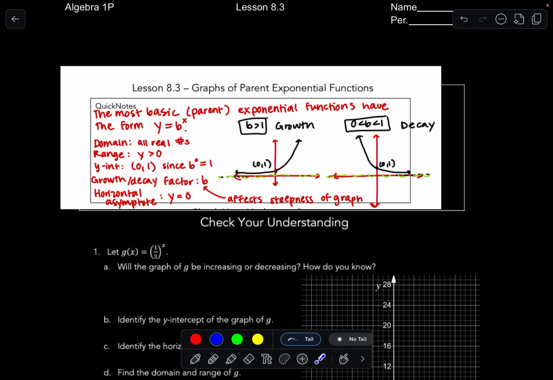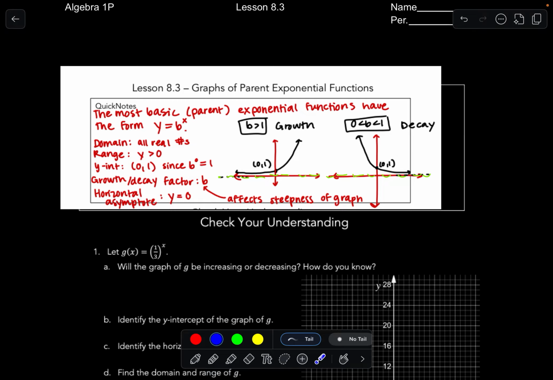Just real quickly, the most basic exponential function, which we call the parent function, has the form y equals b to the x. Where b is greater than 1, it's growth; where b is less than 1, it's decay, remembering that b is positive. The domain for both is always all real numbers. The range is y is greater than 0,